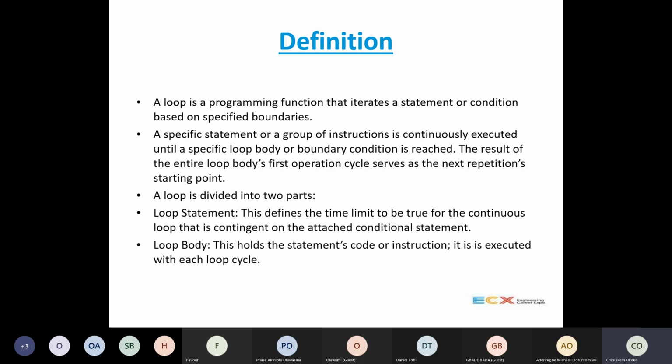A loop is divided into two parts: the loop statement and the loop body. The loop statement defines the time limit to be true for the continuous loop, contingent on the attached conditional statement. Loop body: this whole statement, code or instruction is executed with each loop cycle. So you don't need to bother yourself with all these stories. The long and short of it is that a loop,